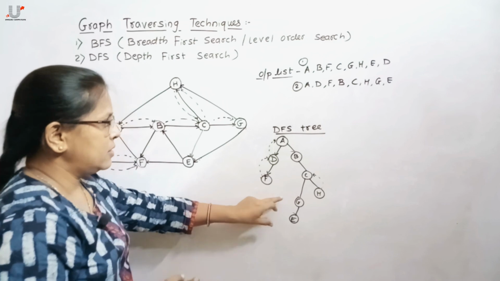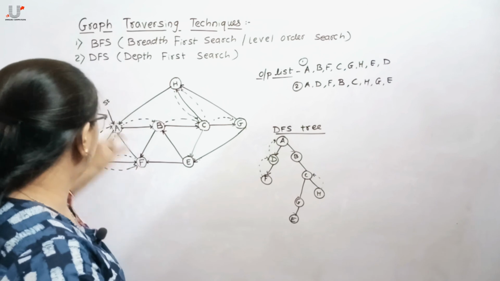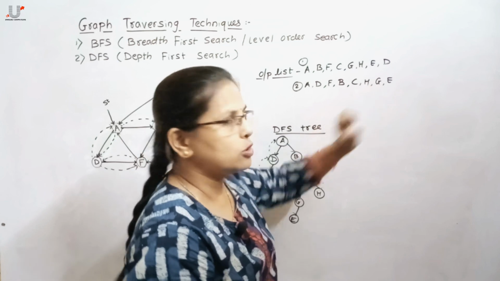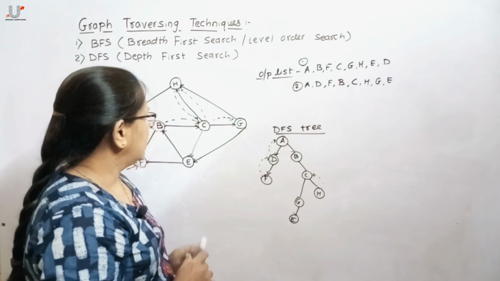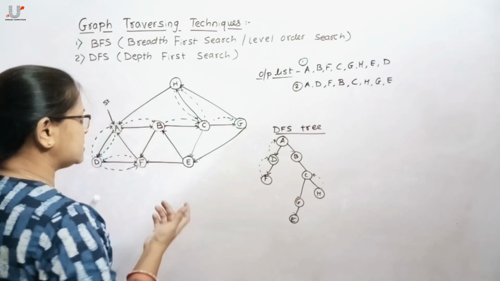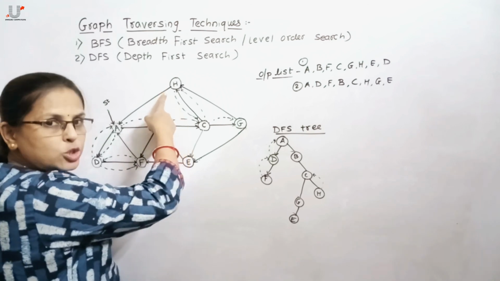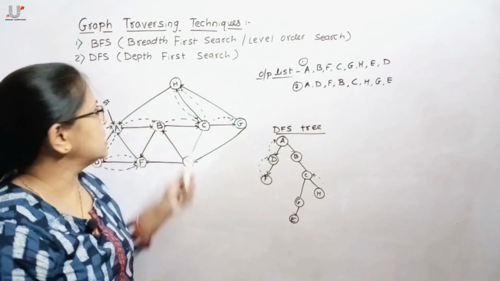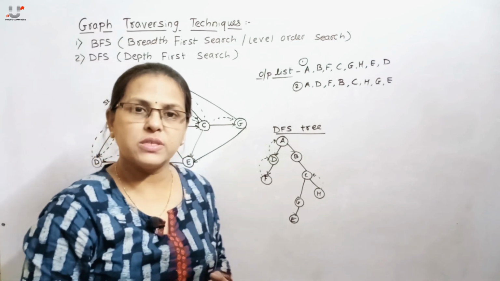So this is how we get another valid result for the same starting node. 3, 4, 6, 7, 8. All the 8 number of nodes are present, and this is the DFS tree. Again, you can choose any starting vertex. We can start from E also, similarly from H also, and from that starting vertex try to visit all the nodes using DFS, depth first search. So this is all about depth first search.